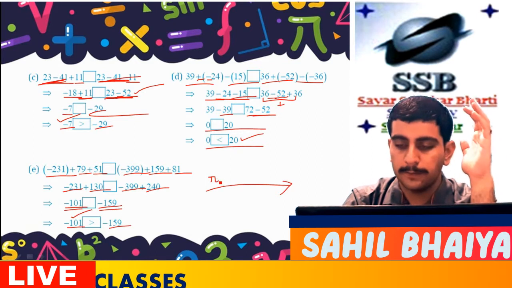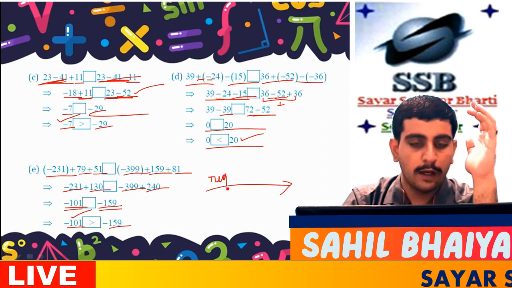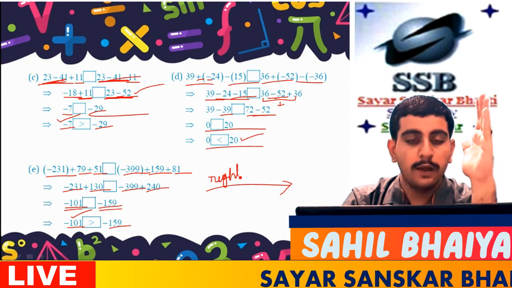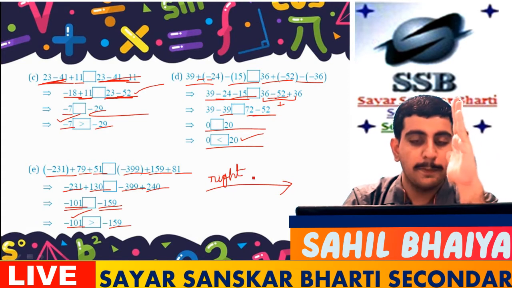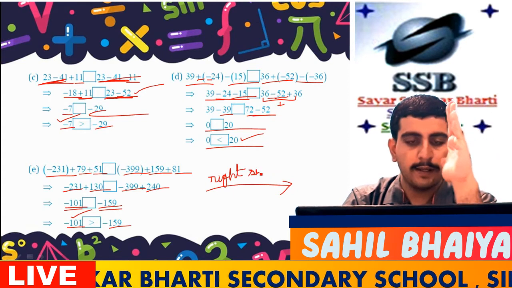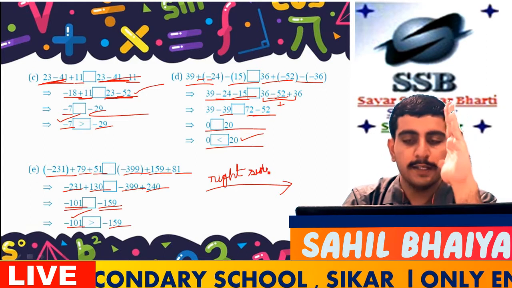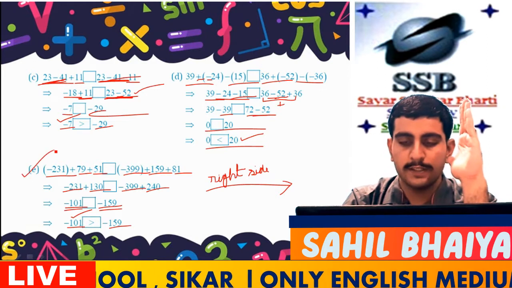I think you all get it. Very good. Now move on to the next question. The next question is: a water tank has steps inside it. A monkey is sitting on the topmost step. You all can see this picture.